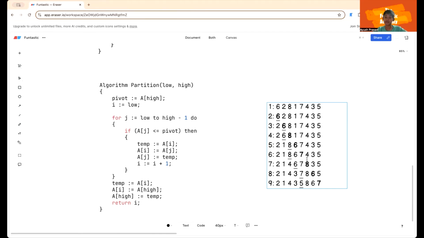7 is bigger than 5, we don't do anything. But 4 is smaller. Swap 4 and 8 and move the underline forward. 3 is also smaller. Swap 3 and 6 and move the underline forward. And in the last iteration, when j has gone to every element except the pivot, the final thing we do is swap the pivot back into the ith position, the underlined position. So as you can see, after this, the pivot 5 is in the right place, the 5th place. Everything under 5 is on one side and everything over 5 is on the other side, and we can sort